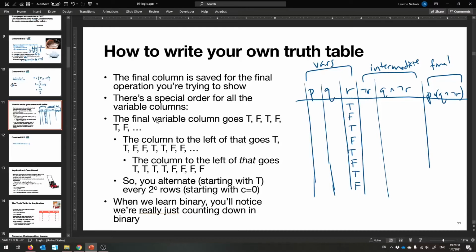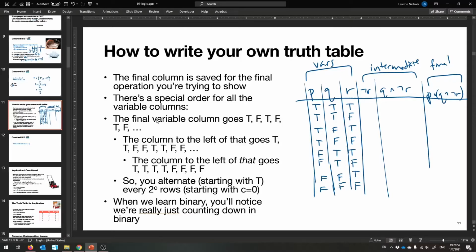So that's R. And then the one to the left of that goes 2 trues, 2 falses. It swaps half as often. And then the column to the left of that goes even slower. Now we wait every 4 to swap between true and false. And eventually we're going to exhaust all our possibilities. So that's the order,